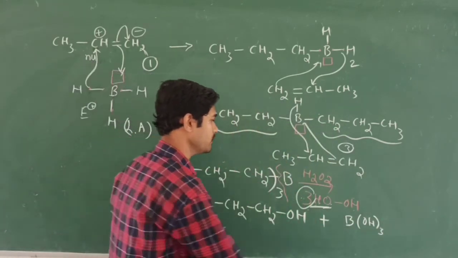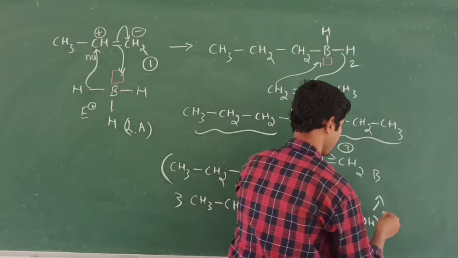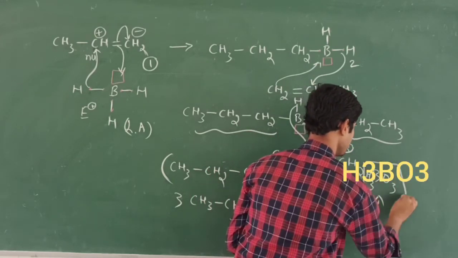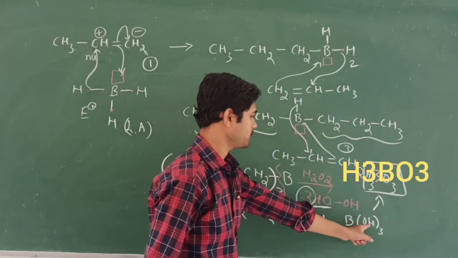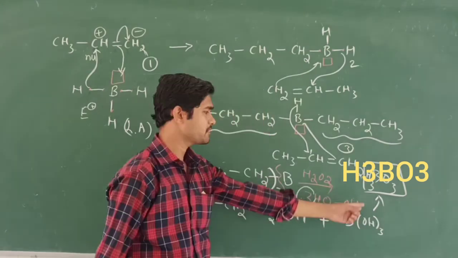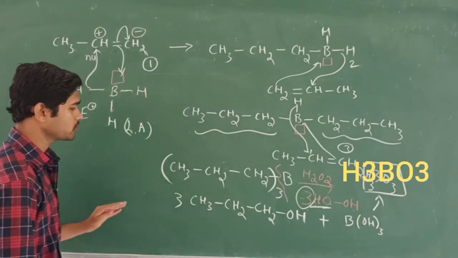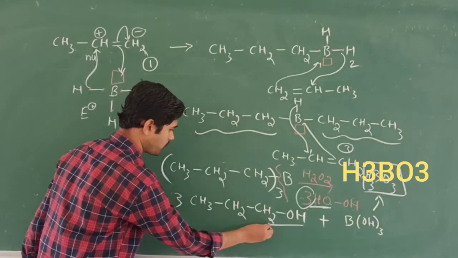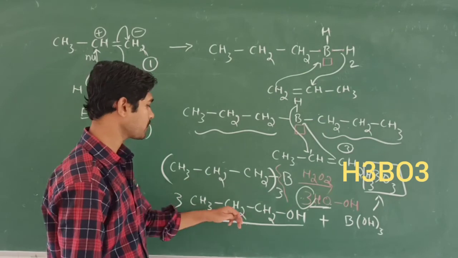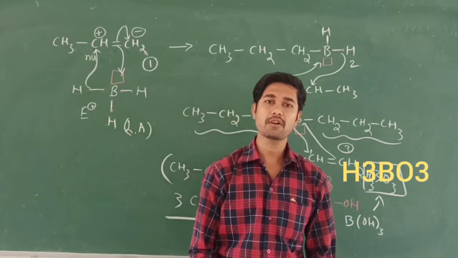What can you write here? So this OH thrice I can write as B, 1 time B, and H3BO3. So we are going to operate like this. B 1 time, H3BO3. This is called boric acid. So like this we are going to obtain the product. This is called propanol. Its name is propanol because there are 3 carbon atoms and an OH group attached here. So this name is called propanol.